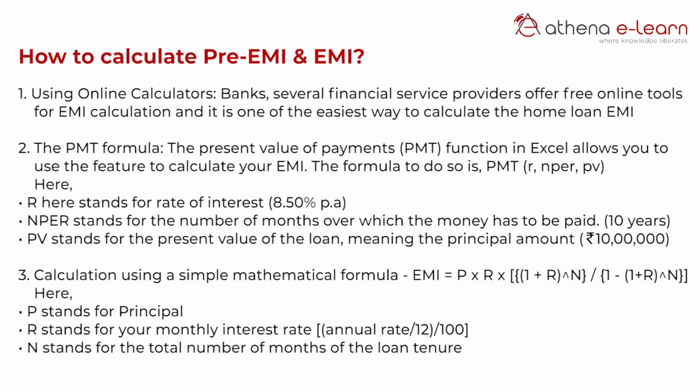Now, there are three methods I can tell you, from easy to tough, from the right way of doing it, of how to calculate an EMI. The easiest way nowadays: go to any of the websites of any of the lenders and you'll invariably have a calculator. You put in any of the three parameters, you will get your EMI. In fact, you can work it backwards: if you think you can pay so much EMI at a particular interest rate for this term, what is the loan amount that you can get? So out of these four parameters, which are principal loan, interest rate, term and EMI, if you put in any three, the fourth one will get automatically calculated for you. That's the easy and quick way.